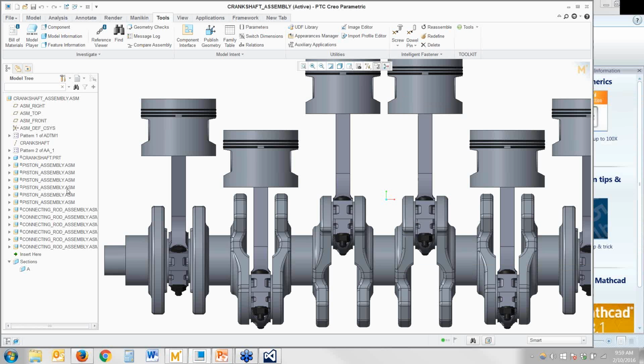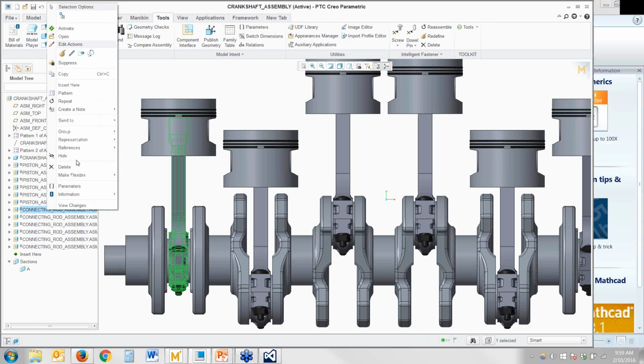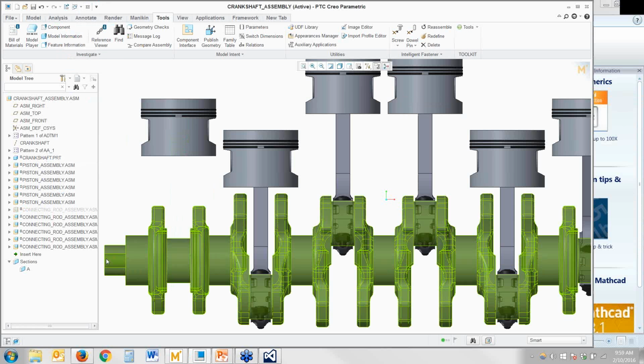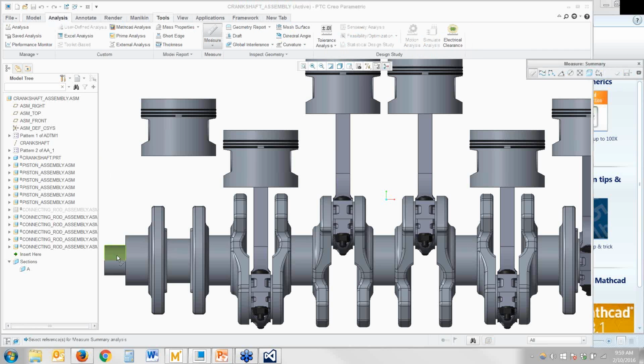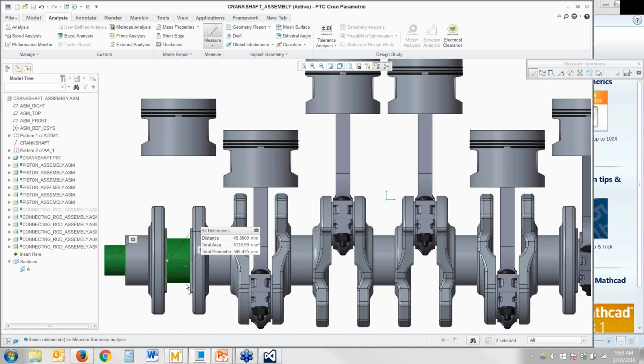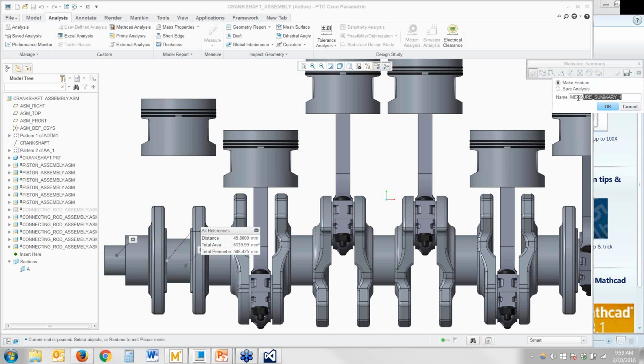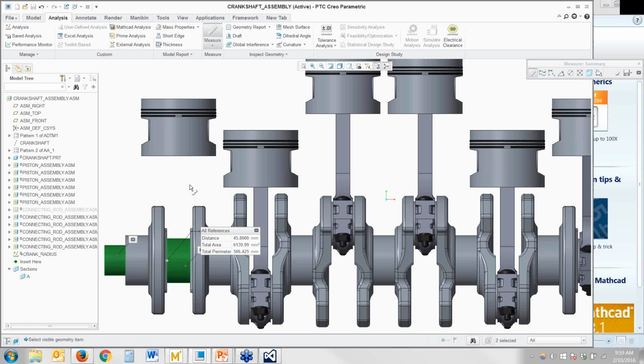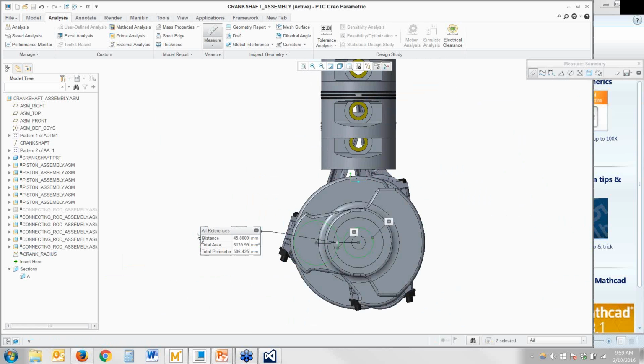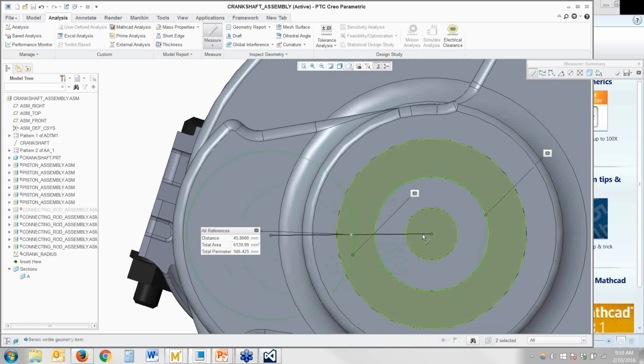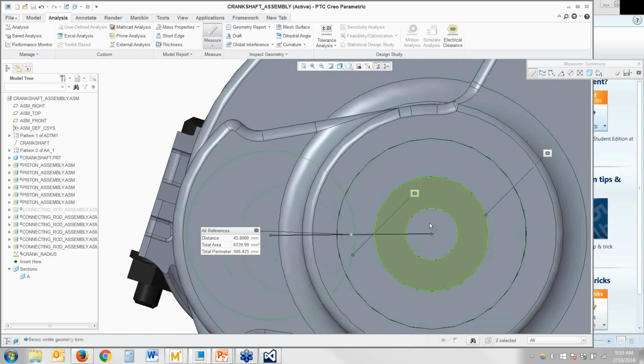And so at this point, I'll go ahead and do a little bit of prep over here, and we'll hide this, and we'll go ahead and create just a quick Creo analysis. And I'll go ahead and say make feature, and we'll call this feature crank radius. Okay, and really what we're doing with this feature is we're basically taking the center of that circle